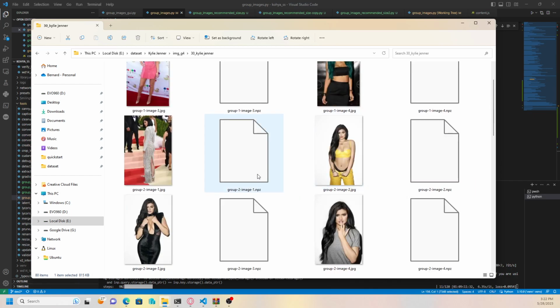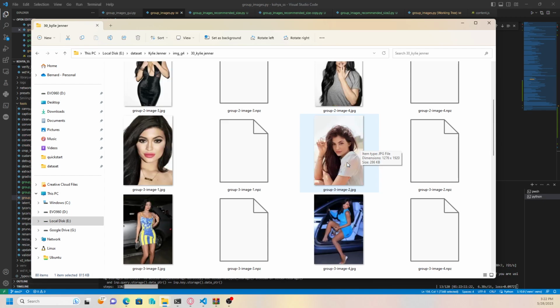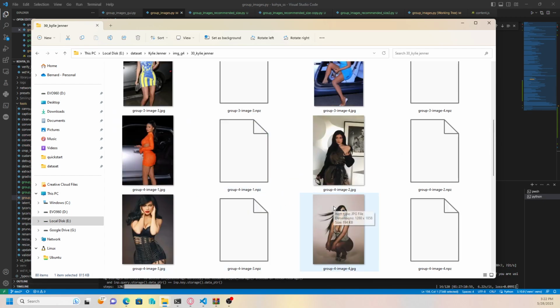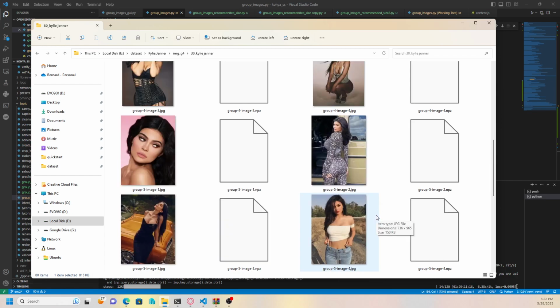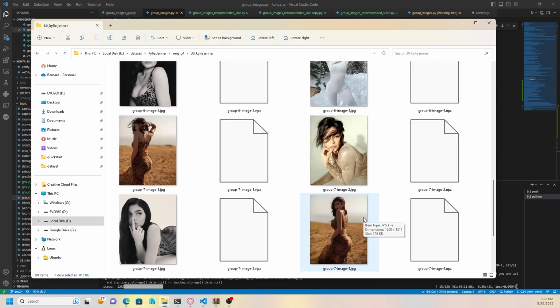So I'm trying to mix and match side views, back views, front views, different styles of clothing, different positions of hands, different faces, like smiling, not smiling, eyes closed, sitting in a car. So I'm trying to vary a lot what each of the images is,